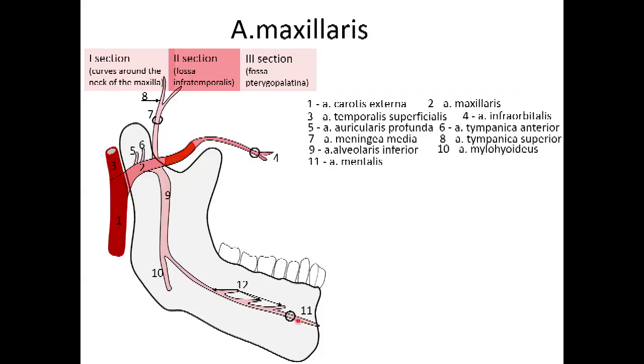And now, number 12, I try to demonstrate rami dentales to the teeth